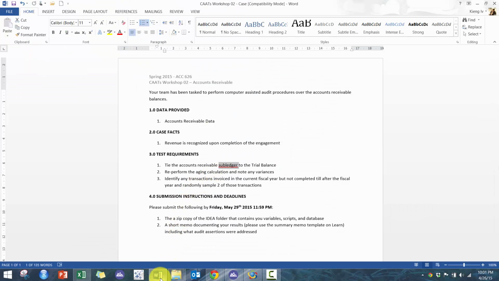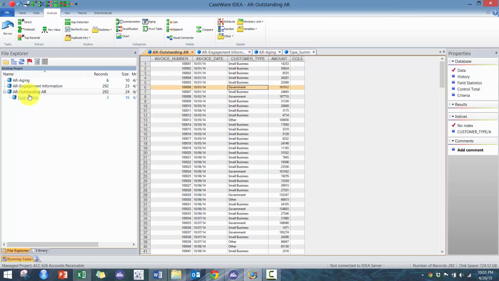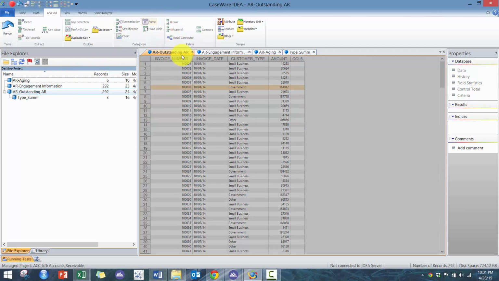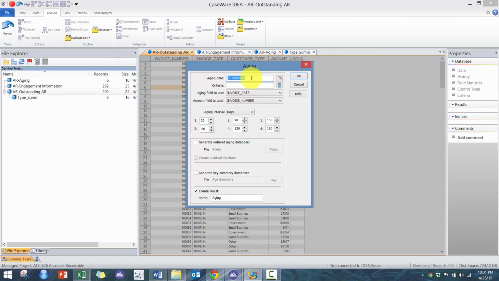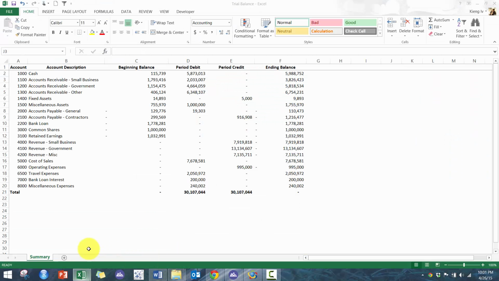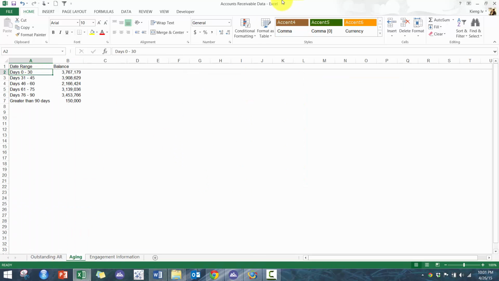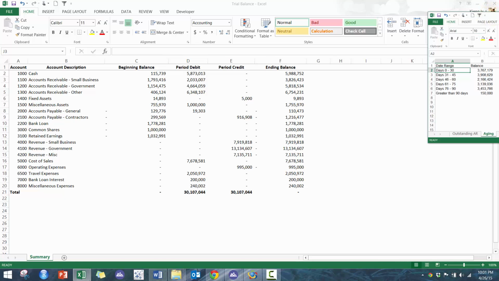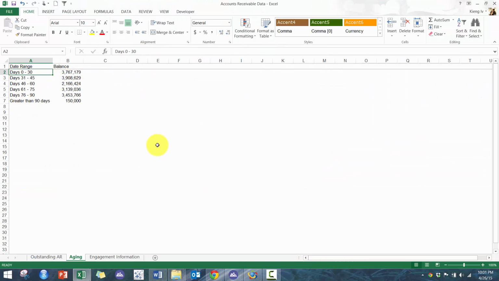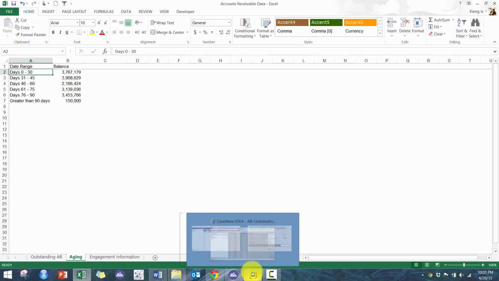Now, we've done the first part. The next thing we're going to do is reperform the aging calculation. There are a number of ways you can do this, but my preferred method is to use this aging function. Since we're doing a December 31st engagement, here we're going to select December 31st as our aging date. And then our buckets are going to be 0 to 30, 31 to 45,